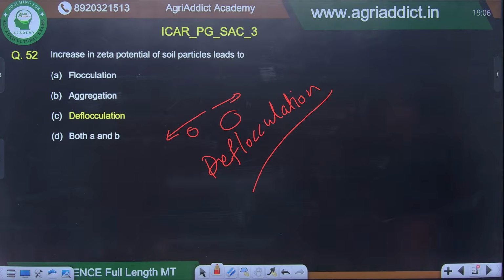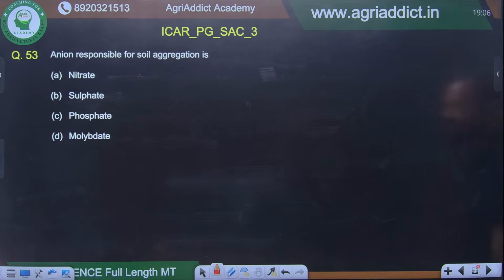All right. Anion responsible for soil aggregation is, this is also a very easy question. We read it in agronomy, we read it in general agriculture, we read it in everything. What are the anions responsible for soil aggregation? Anion responsible for soil aggregation is